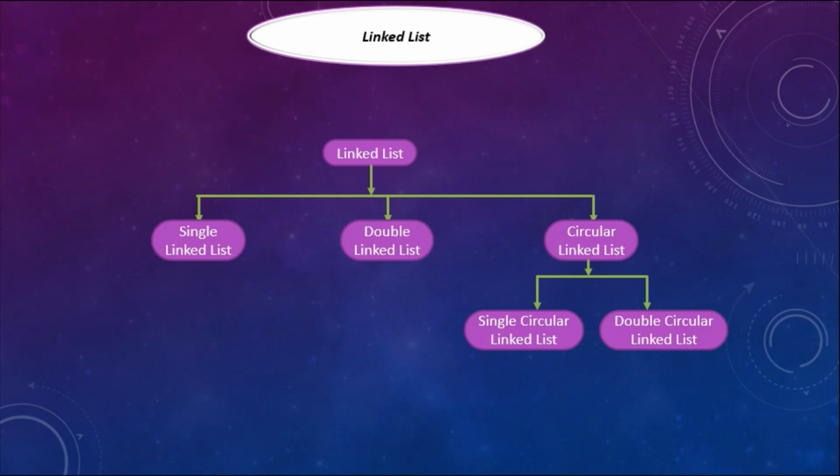Some of the applications of linked lists are: linked lists are used to represent and manipulate polynomials, which are expressions containing terms with non-zero coefficients and exponents. The second application is to represent very large numbers and perform operations on them, such as addition, multiplication, and division. Another application is that linked lists are used to implement stacks, queues, trees, and graphs. Or the linked list can be used to implement the symbol table in compiler construction.